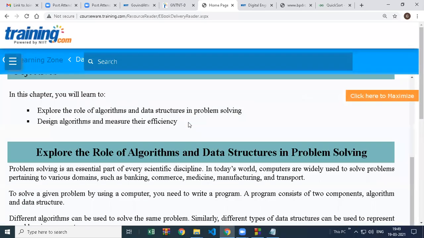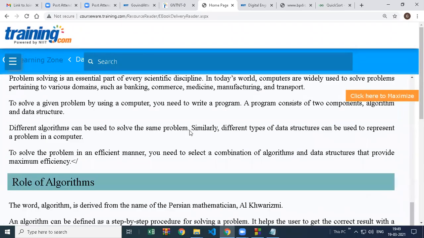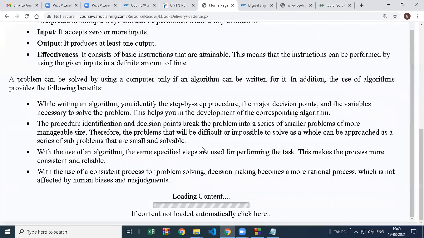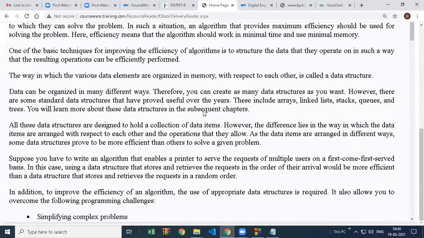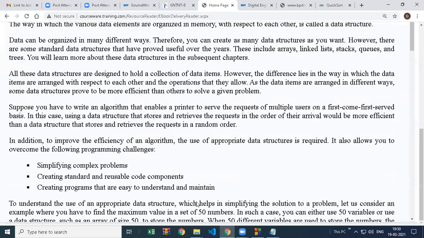Let's go to the first chapter here. Okay, just wait for a minute.